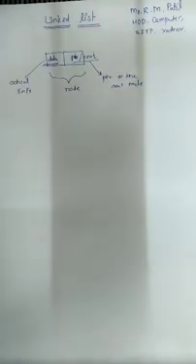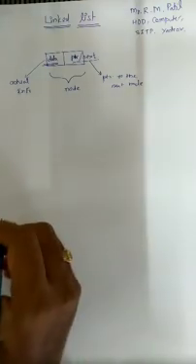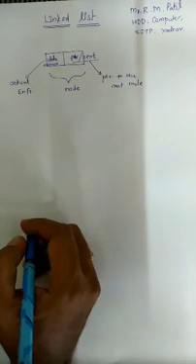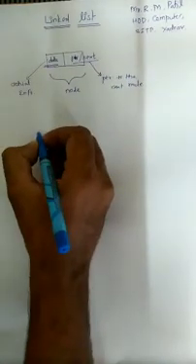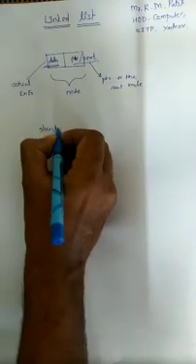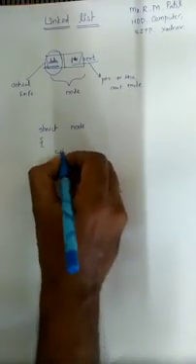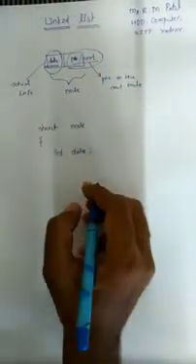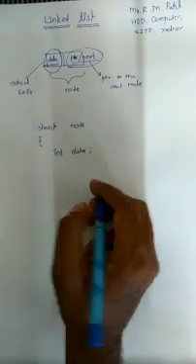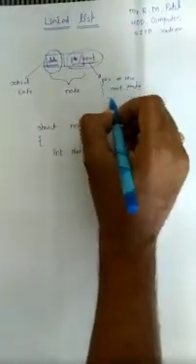A node in a linked list is usually a structure in the C programming language and can be declared as follows. If you want to create a node in C, first we need to create one structure, like struct, and give the structure name. The first field is the data field. Consider we want to store the integer data type, so we declare int data. The next field is a pointer, which we call the next node, and here we store the address of the next node.